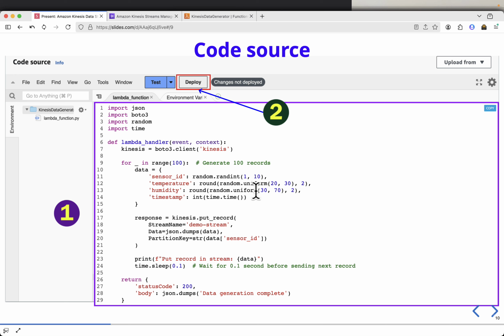So between 20 to 30 and 30 to 70, and every data which is a JSON object, it will post using put record to Kinesis. Here I initialize the Kinesis client, and this is the stream name, demo stream, and it will post that into Kinesis. Then after every record, it will wait for 0.1 second and do it again till it finishes with 100 records. So I'll copy the whole code,